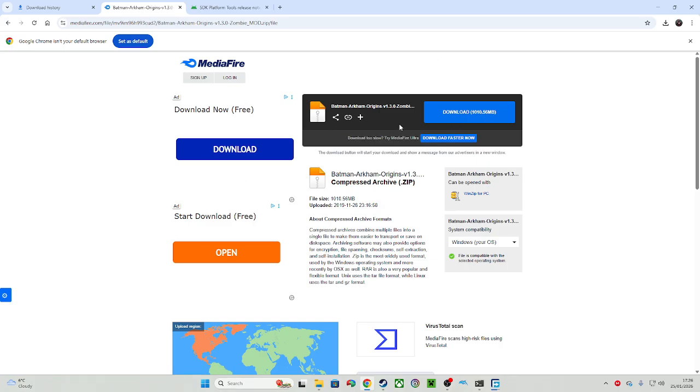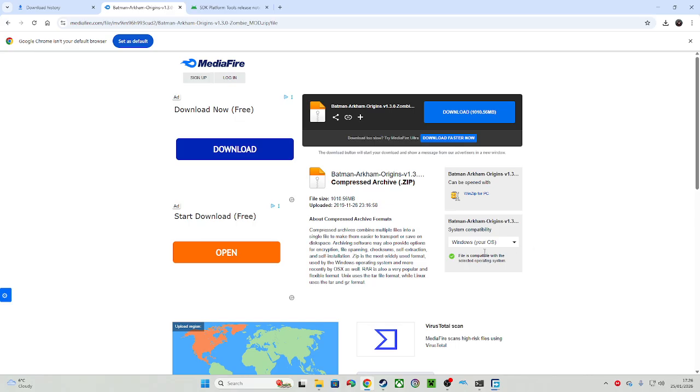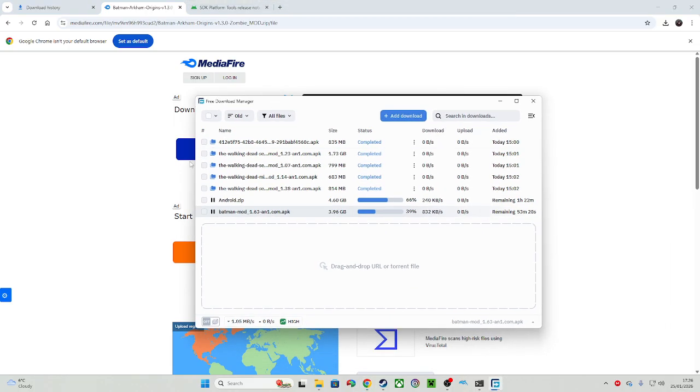It actually works. The Android APK and OBB both work. However, this is the original version, so you won't get any mods as of yet. But this is what you want as of right now. I would recommend downloading it on your PC, as it will be a lot faster. You can also use an application called Free Download Manager, which is on Windows, which is here, as I'm using it right now, and it generally performs a lot faster